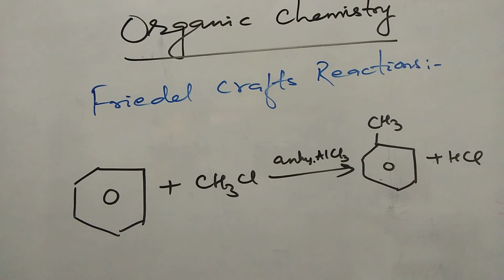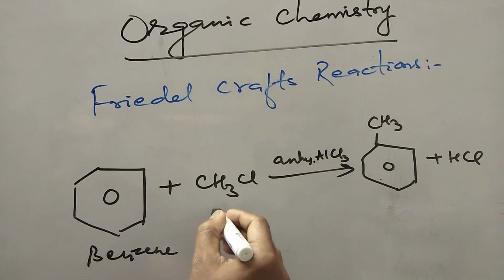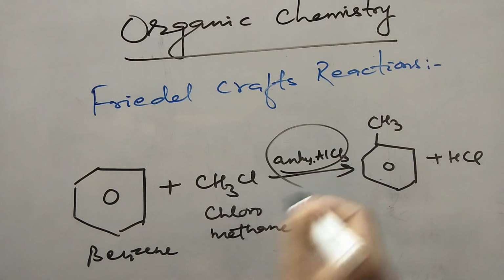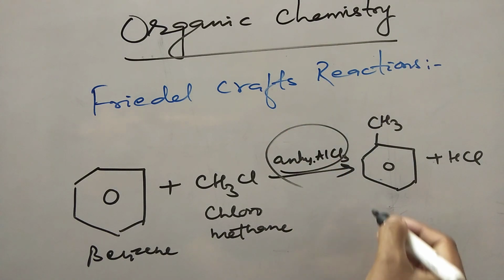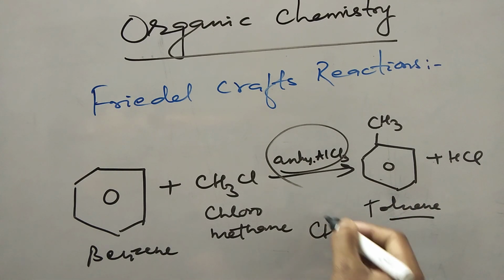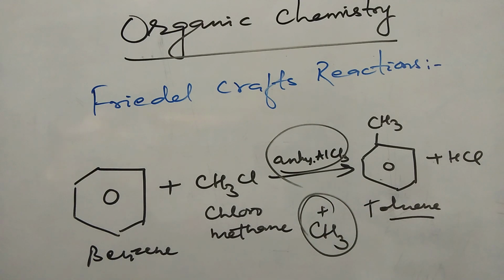reaction. Now Friedel-Crafts reaction. When benzene is treated with chloromethane in presence of anhydrous AlCl3, which is acting as a catalyst here, it forms toluene. It forms methylbenzene, that is toluene. Here the effective electrophile is methyl carbocation. So this methyl carbocation attacks the benzene ring and forms the product, that is toluene. Byproduct is HCl. This reaction is called Friedel-Crafts